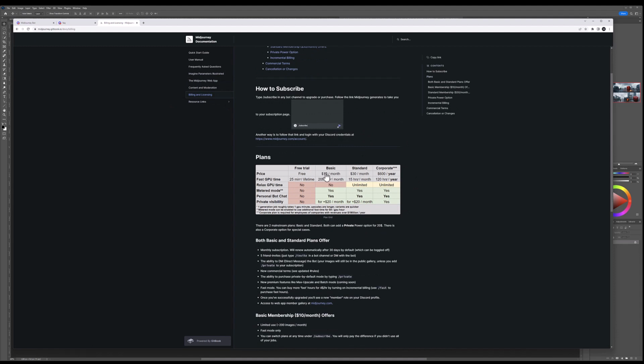Back to billing, let's look right here. You start with a free 25, a lifetime period. You use 25 minutes, it's a done deal, nothing else, it's a free trial. After this you need to pay $10 a month or $30 a month with relaxed GPU unlimited. If you think you're going to create art professionally, I recommend the $30 plan because it works. And if you work with a corporate client, probably the same. Keep in mind it says private visibility.